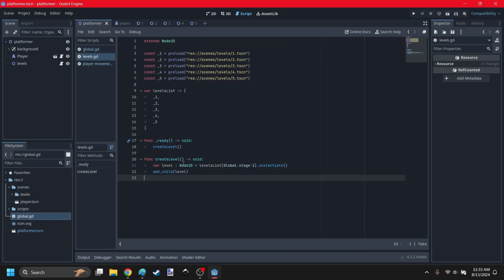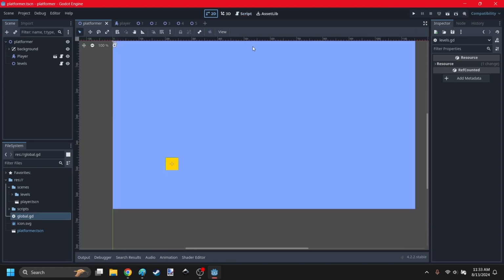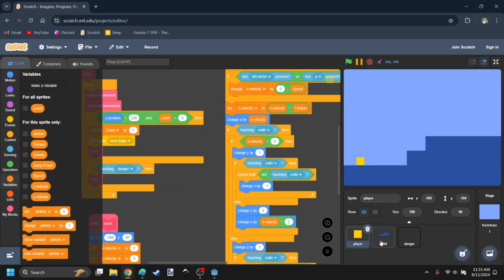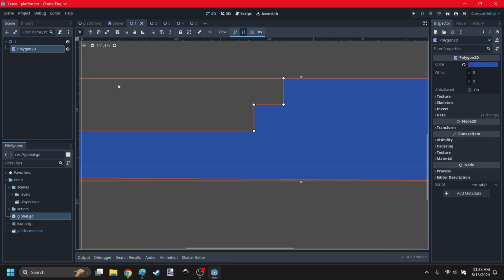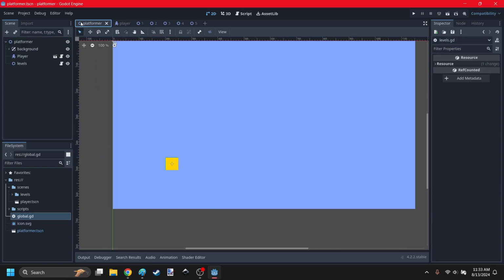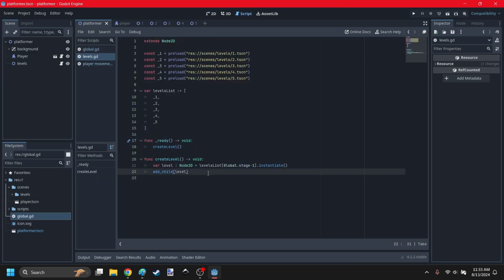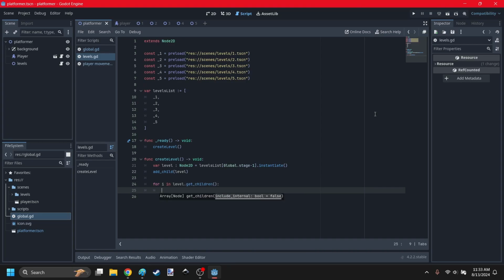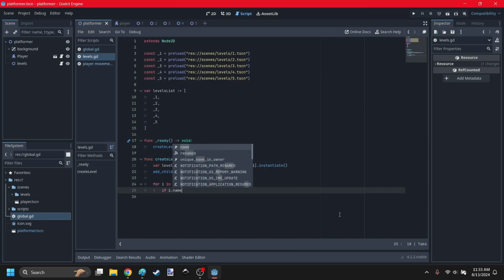So in the create level function, what I'm going to do is detect what needs collision and then create it. Okay, so Polygon 2D, I want this to have collision. So in Scratch, we're detecting solid if touching solid. So I'm going to name this solid so that it knows that needs collision. So go back to our create level script. What I'm going to do is loop through everything inside the level. So for I in level dot get children, I'm going to say if I dot name dot contains solid,